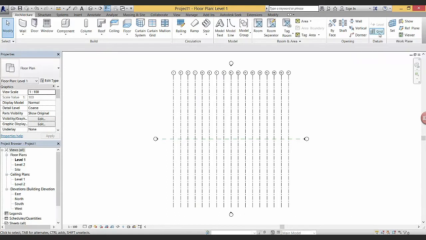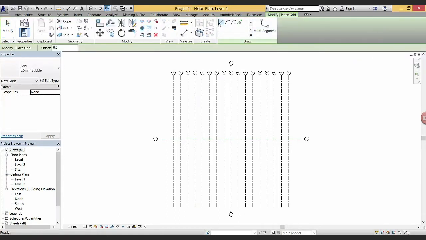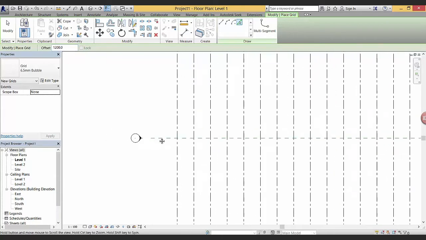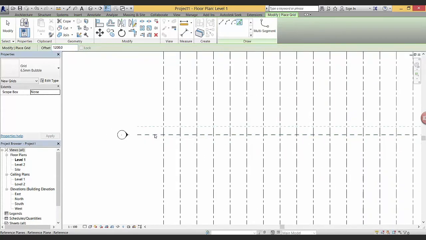Now let's continue by adding the horizontal grids. I'm going to press the grid command, and instead of using draw mode, I'm going to select the Pick Lines mode for creating elements. This is very efficient in Revit. Then I use a number. I'm going to use half of 2400, so 1200 as an offset distance. Now when you zoom in, I zoom using the wheel on my mouse, you can see that if I go on top of the reference plane or bottom of the reference plane, you get a preview of where this new grid is going to be placed. So I'll place it on top of the reference plane that I just made, like so.